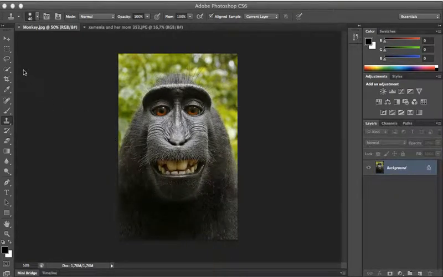Hi, welcome to my short tutorial on how to use some of the Photoshop tools. This tutorial is going to include the quick selection tool, the healing brush tool, and the clone stamp tool. So I'm going to start off by whitening this monkey's teeth